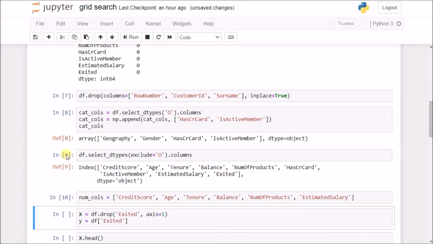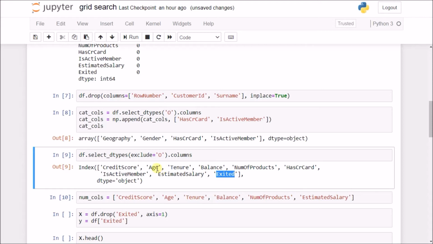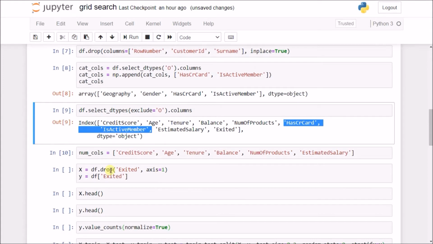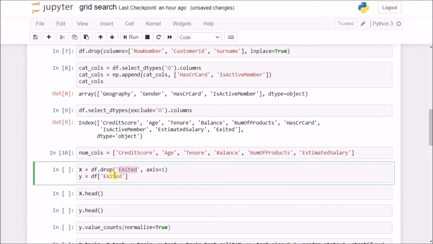Now for numerical columns, all the other columns except exited, is active member and has credit card are my numerical columns. And this exited is my dependent variable y, so I just segregated into x and y.